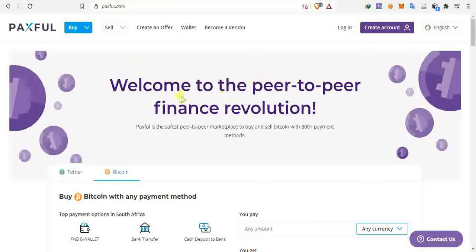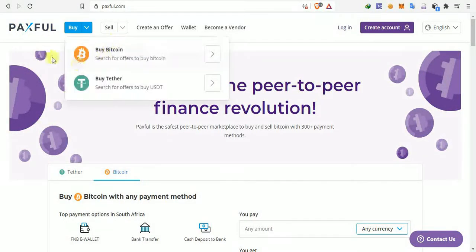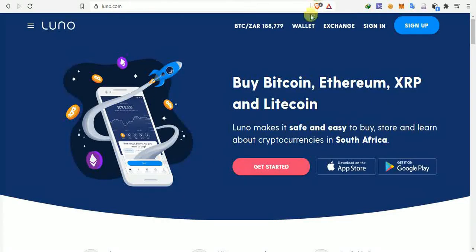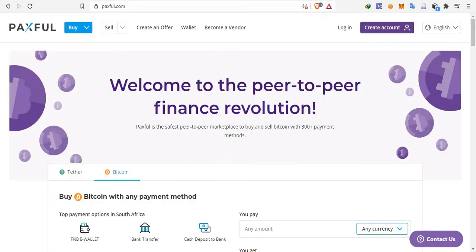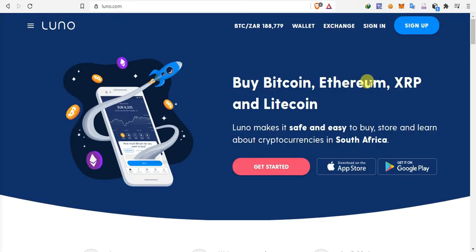So one thing you can do is you can either buy Bitcoin from Paxful, right? Or you can buy from Luno if you're in South Africa, because if you're in South Africa, Luno is the best. Or you can buy from Paxful. But for me to get Tron, sometimes if you go to CoinSwitch and all those ones, it's sort of expensive. So I normally send my Bitcoin, whatever I bought, if I buy from one of them,